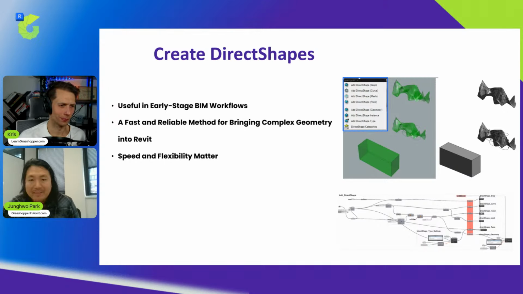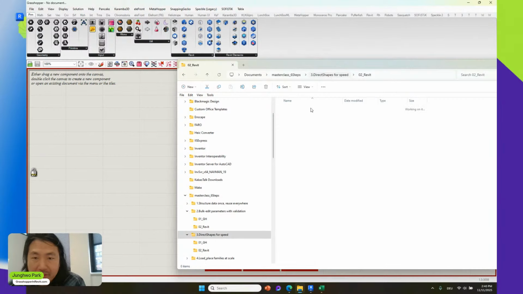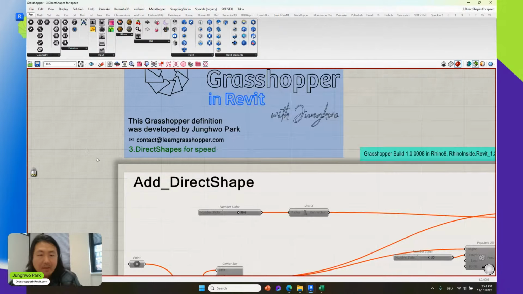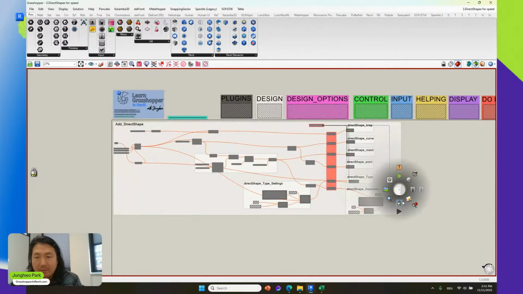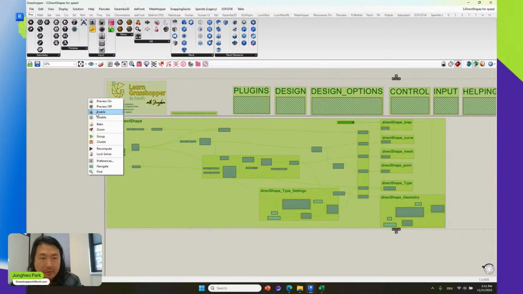Yeah, the example I prepared is actually very, very simple. It's quite far away from the real world example, but you will get an idea how we can actually use direct shape directly in Revit. So I'm going to open the third one, Grasshopper, direct shape for speed. So let's imagine, here I'm going to enable all of this. Enable the